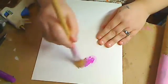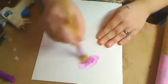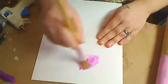And then I want to... Now, this isn't like... This is cardstock. So, of course, the gelato is not going to...